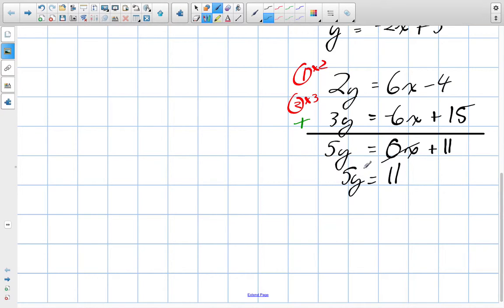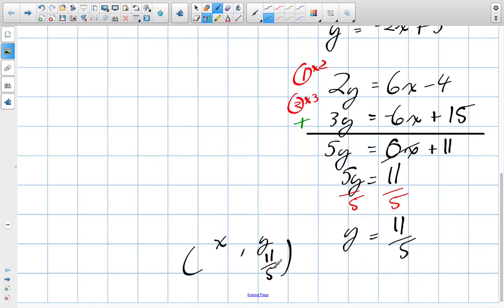To isolate for y, we divide both sides by 5. And y is equal to 11 over 5. It's going to be some decimal, so I'm going to leave that as a fraction. That's technically only one of the coordinates. Elimination can be long this way. So y is 11 over 5. What about x? Well, to solve for x,